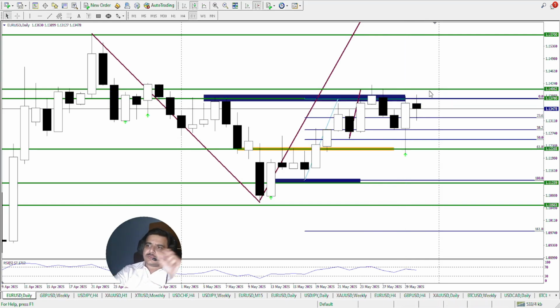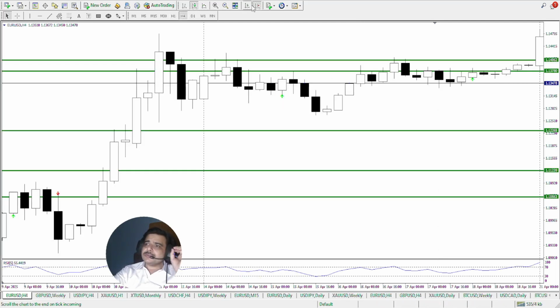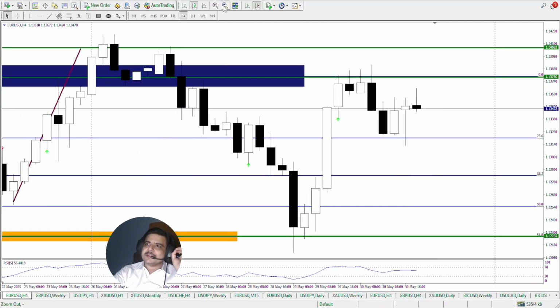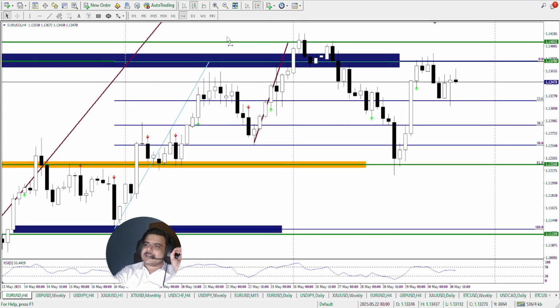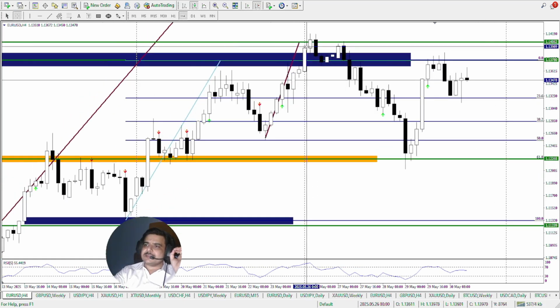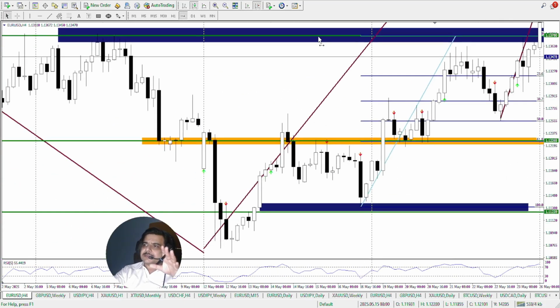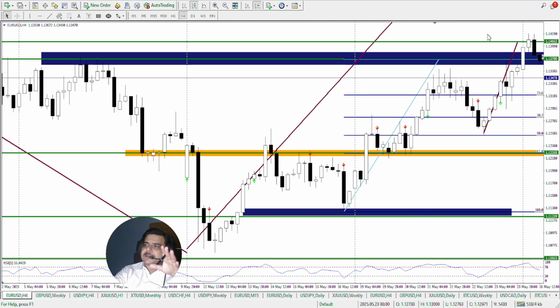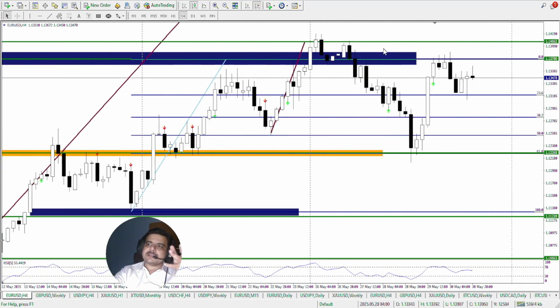And if you see, the setups worked very nicely to the sell side and similarly to the buy side. So overall for the euro US dollar, as far as the weekly trades are concerned, you just have a look at it. And as I said last week, the market was like this, and after this what happened is this drop, which was obviously expected, and then this rise, which was again expected,